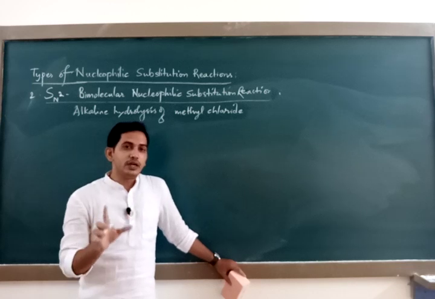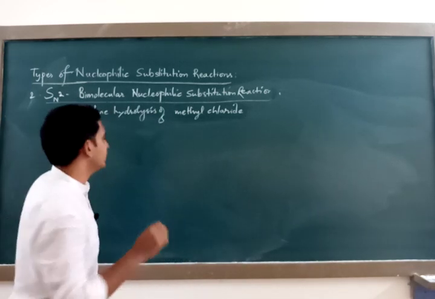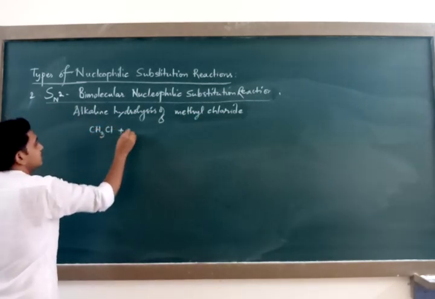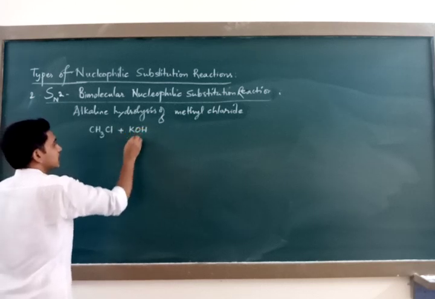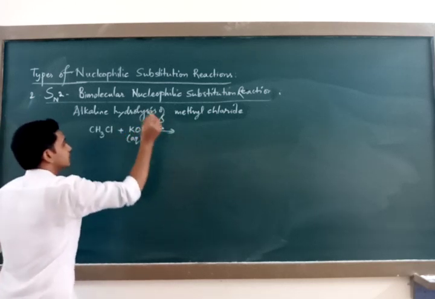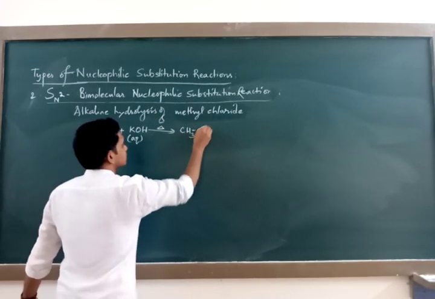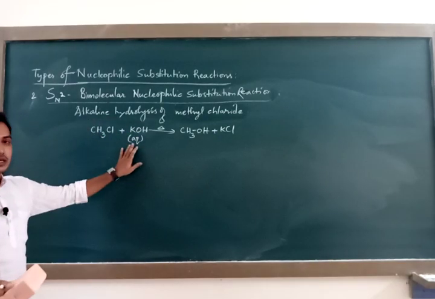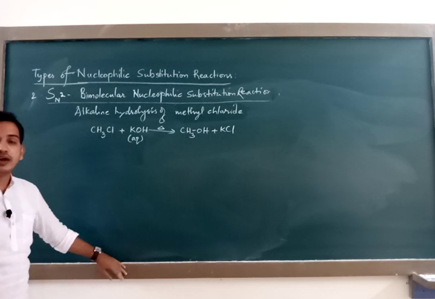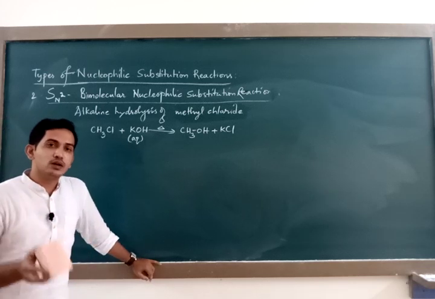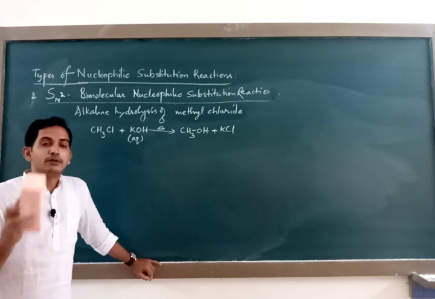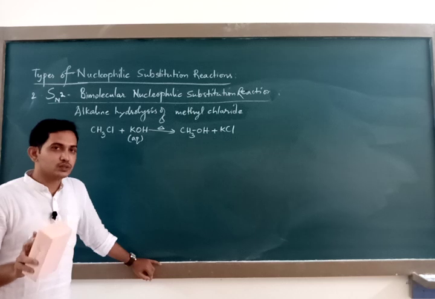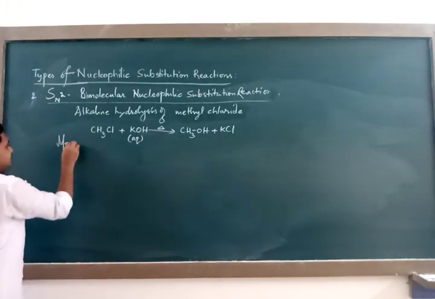Only for the sake of avoiding confusion, I shall be using the same solvent, KOH. Methyl chloride means CH3Cl. If it is reacted with KOH under the same aqueous conditions and heated, then you are likely to get CH3OH, methanol, and KCl. Only to avoid confusion, I have taken the same solvent. Even if this solvent is not there, if you have taken a solvent of less polarity, then also SN2 reaction can take place. But for SN1 reaction, compulsorily you need a highly polar solvent. Understood? Now let us see the mechanism.